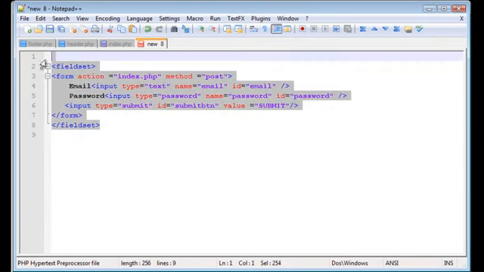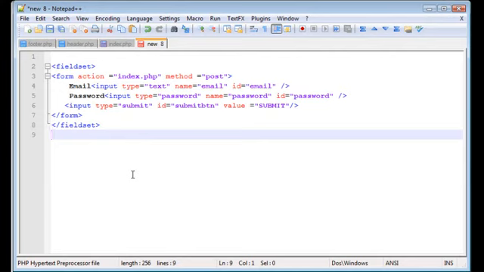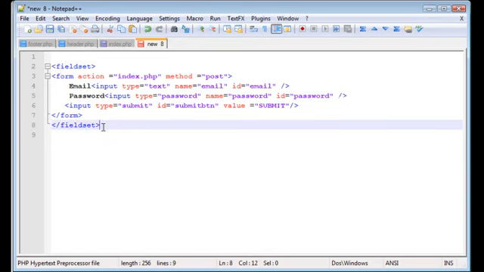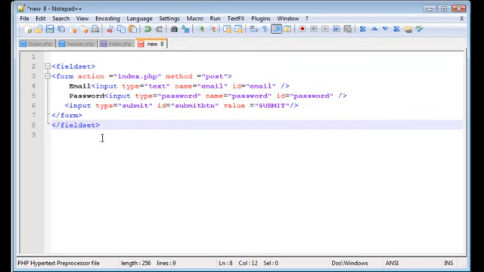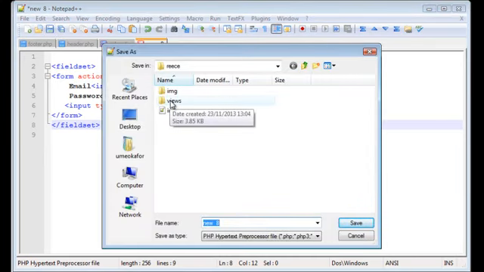This one doesn't need a PHP type because it's an HTML element. All your HTML documents are referred to as your views, and you could call it a user interface, what the user will see when they visit your web page. So save that in the views folder